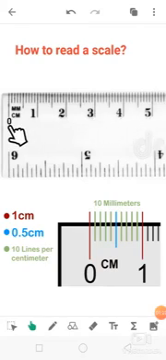The measurement between 0 to 1 is known as centimeter. The measurement between 1 to 2, 2 to 3 is known as centimeter. Between this centimeter, can you see 10 lines are given, which is known as millimeters. And between this millimeters line,